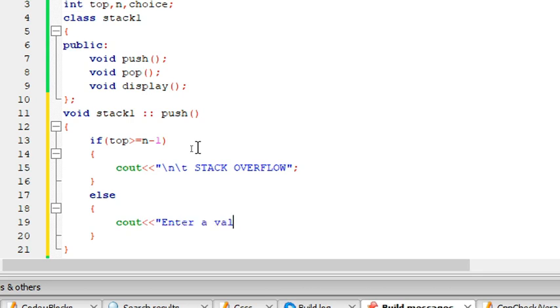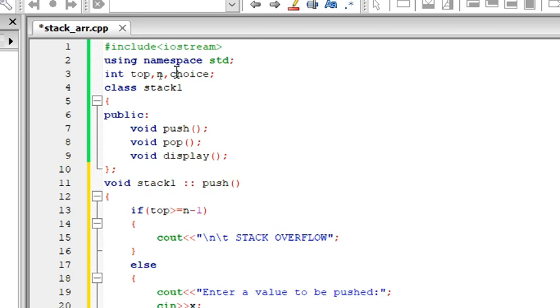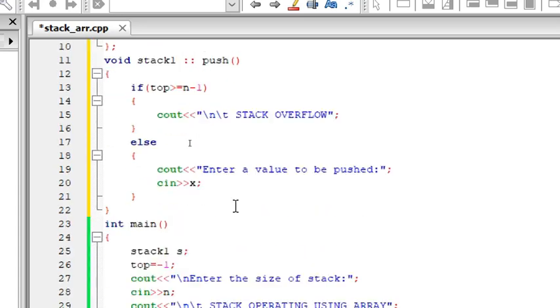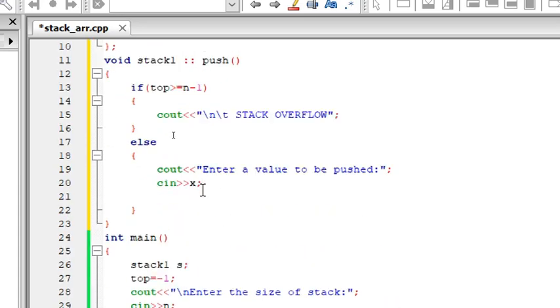Enter a value to be pushed, and then you're going to get the value from the end user. I need a new variable. Let me say something like x, so I need to declare this x. cin x. All right, I got the value.